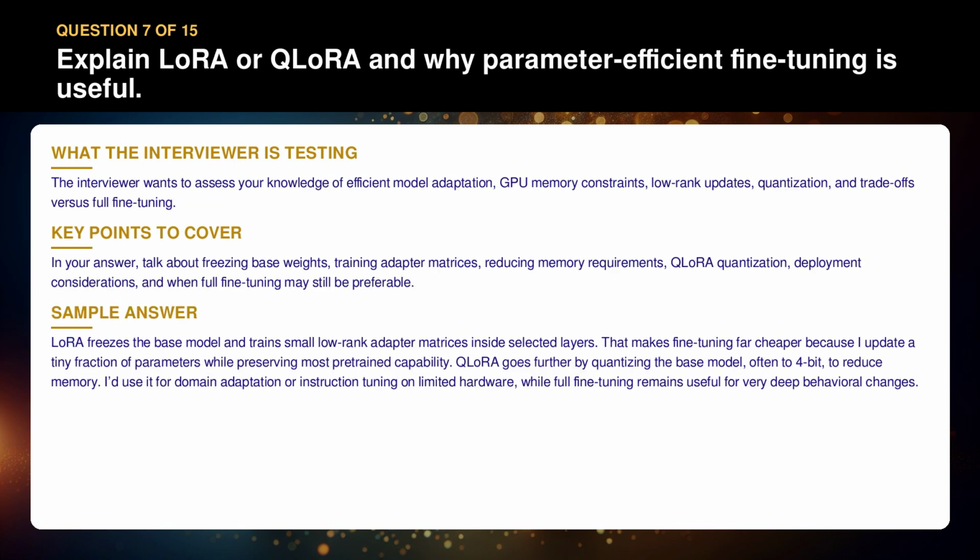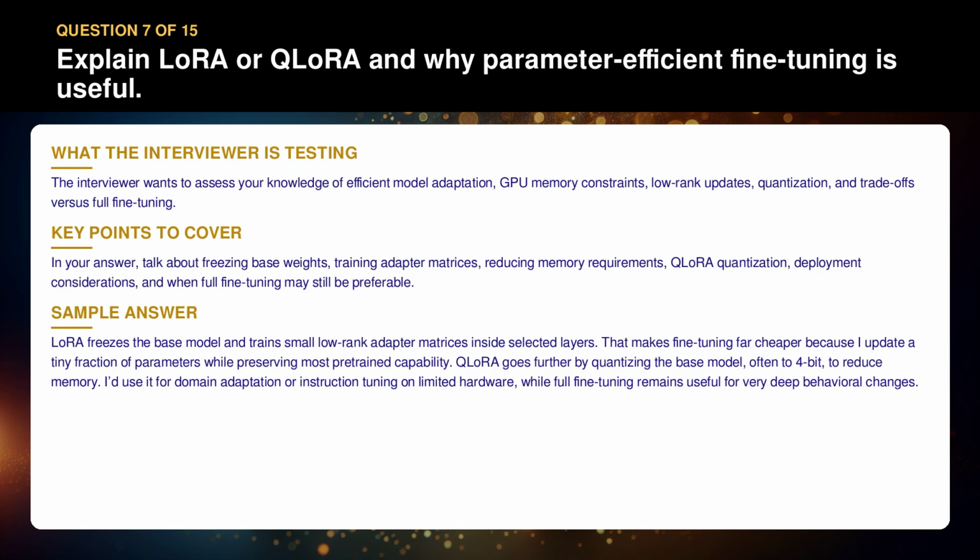LoRA freezes the base model and trains small low-rank adapter matrices inside selected layers. That makes fine-tuning far cheaper because I update a tiny fraction of parameters while preserving most pre-trained capability. QLoRA goes further by quantizing the base model, often to 4-bit, to reduce memory. I'd use it for domain adaptation or instruction tuning on limited hardware, while full fine-tuning remains useful for very deep